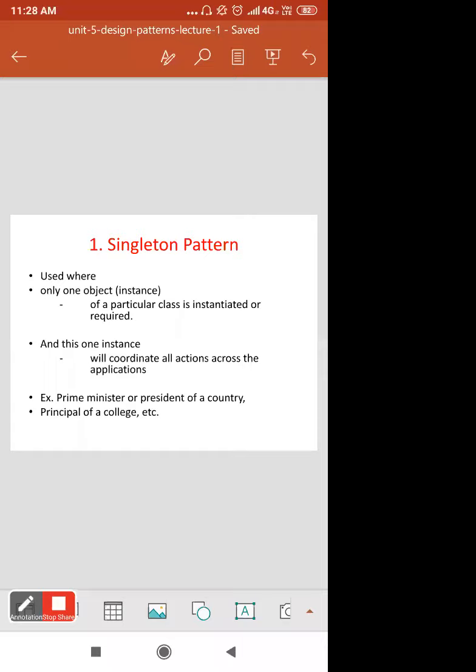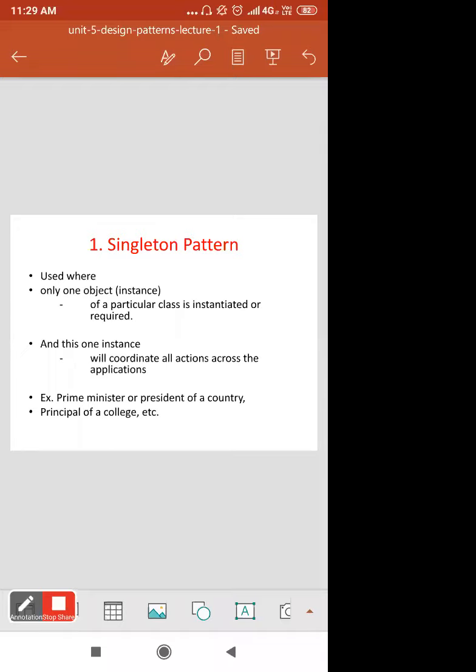All further references to the object are referred to the same underlying instance created. Only one instantiation, only one object is created, and the other classes or objects will access this particular object and then proceed for further execution.